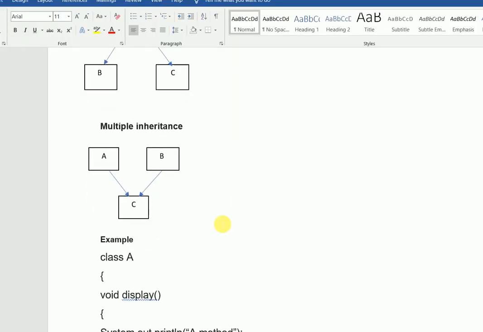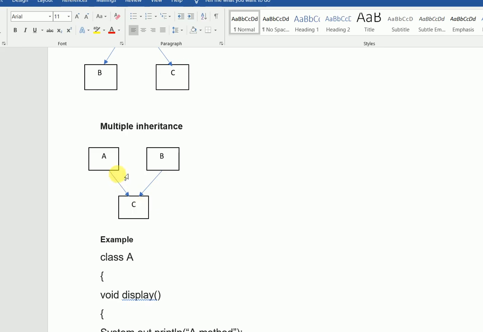After that we come to multiple inheritance. Multiple inheritance is where a child class is inheriting the properties of more than one parent class, but this is not supported in Java. Why? Because if the parent classes happen to have a method with the same name, then when you create the object of this child class C and try to access that method, it will get confused about which class's method you are trying to access.